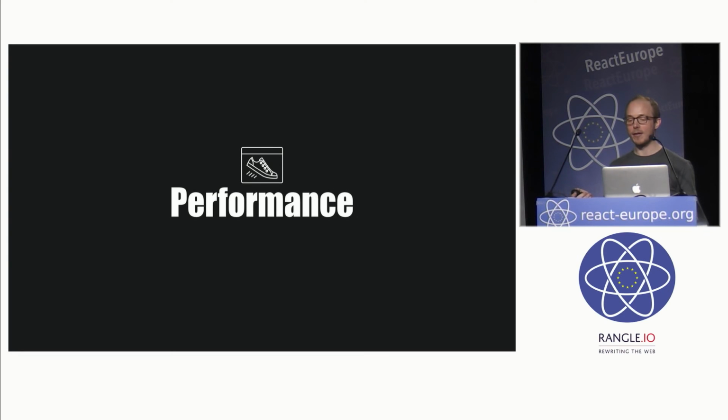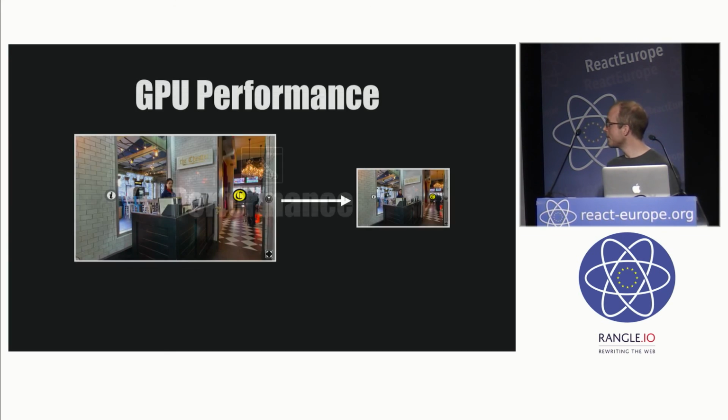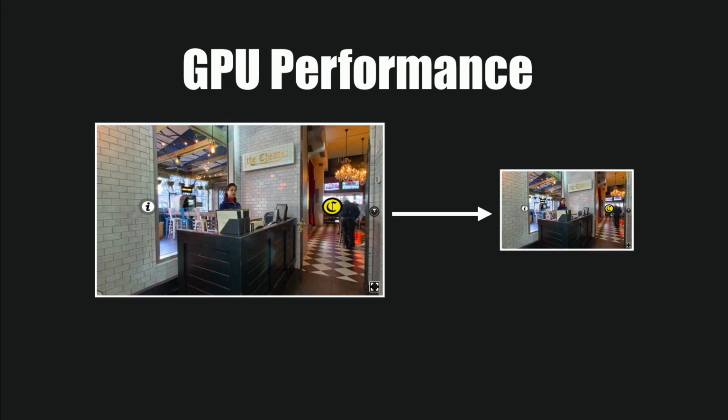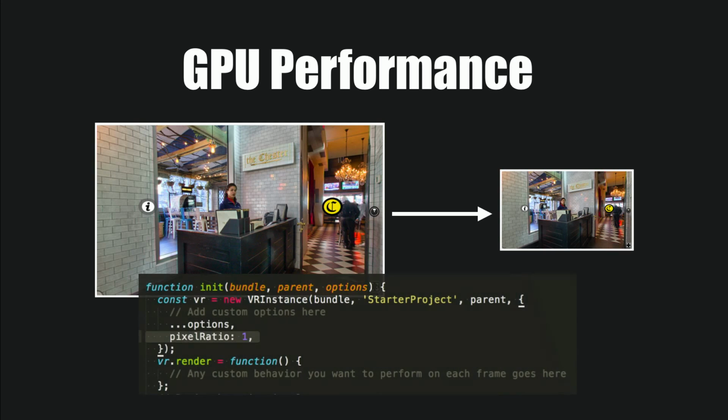I'm going to have to skip through this quite quickly, but performance is a complex thing when you run at over 60 hertz, and rendering can be limited by the GPU or CPU. So you have to go through a number of steps. The GPU can have a couple of problems, and for the first one, I'll focus on fill rate. This is the time to draw each little pixel on screen, and it's a common problem for laptops. To test this, the best thing you can do is downsize the browser and observe if the frame rate improves. One way of solving this is to introduce the pixel ratio when creating the VR instance. A lower value will reduce the number of pixels rendered.